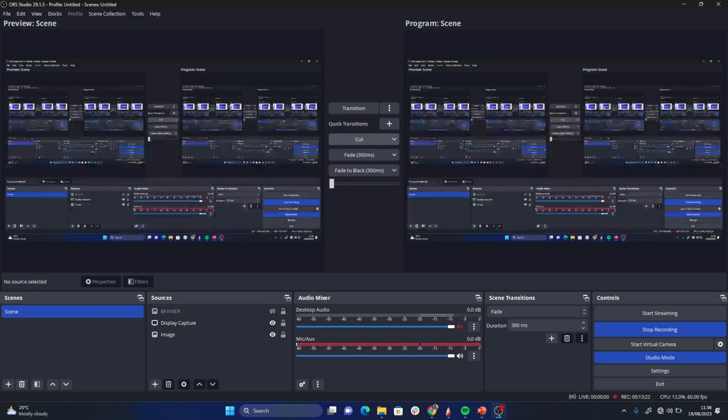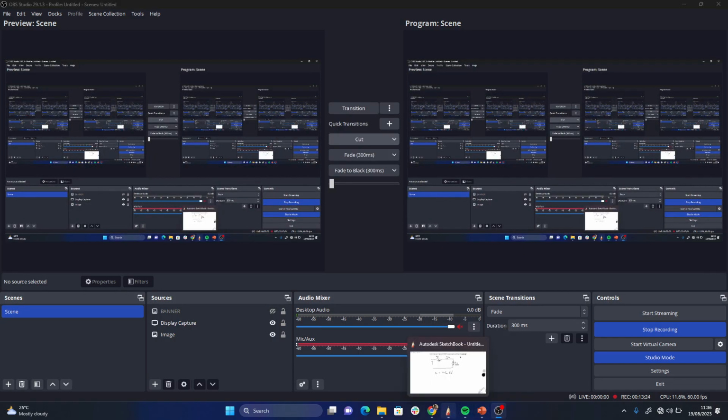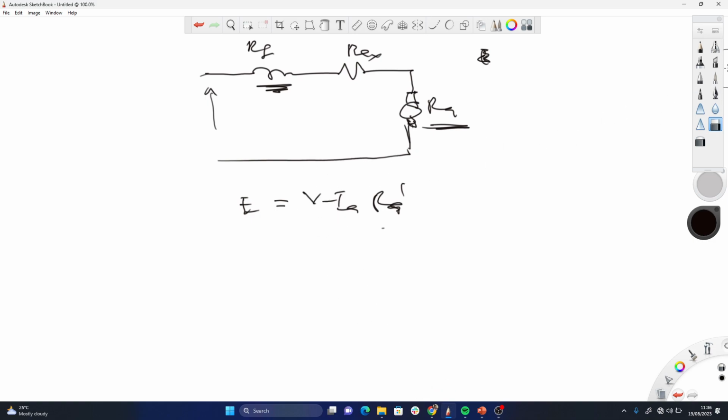By varying the field current. So let's see how we can do that. Let's see how we can achieve that conventionally. So, by varying the field current. Let's see. So let's draw the same